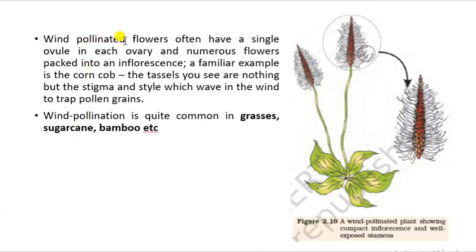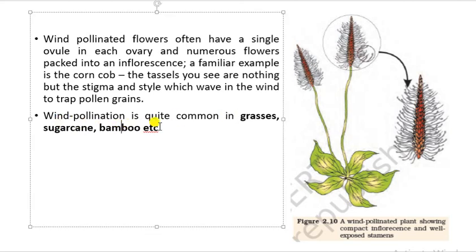Now, wind-pollinated flowers often have a single ovule in each ovary, and numerous flowers packed in an inflorescence. An example is the corn cob. If you see the diagram of the corn cob, the tassels we see are the style and stigma, which can easily wave in the wind and trap pollen grains from the wind. Wind pollination is quite commonly seen in grasses, sugarcane, bamboo, etc. So this was the mechanism taking place in wind